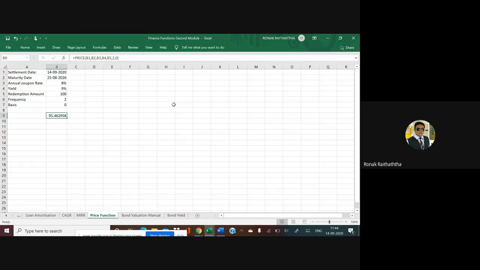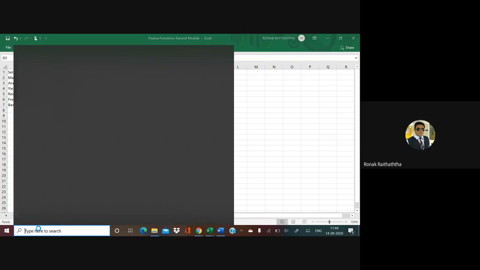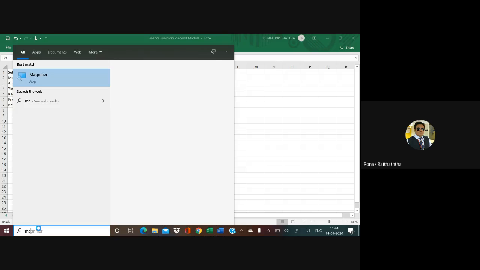So we were doing that valuation of the bond manually till now, where we were discounting all the returns from the bond and the maturity amount as well. But if you do not want to follow that complicated manual procedure, then there is a function called price in Excel itself, which can give you the intrinsic value of the bond after applying some parameters in it. Sir, how? Let's do it. Let me magnify that so that you will be able to understand in a better way.